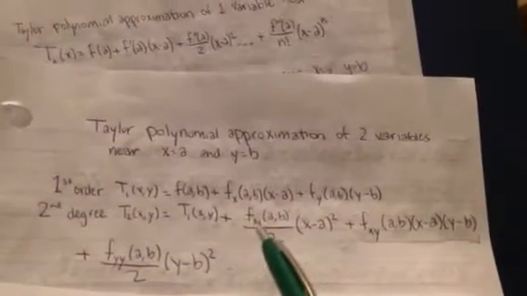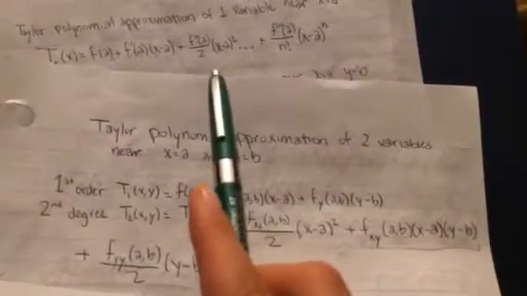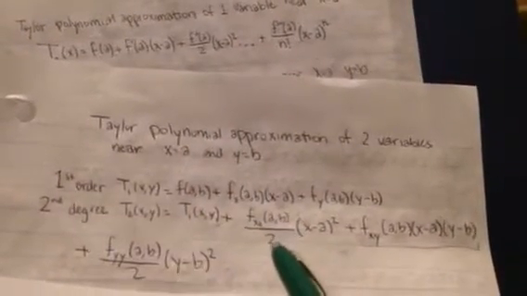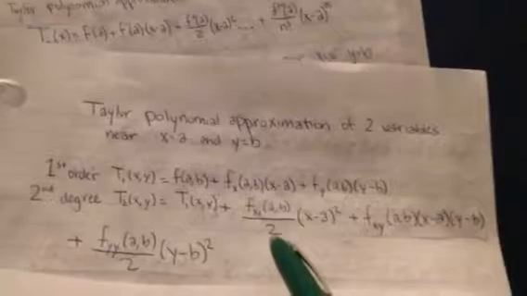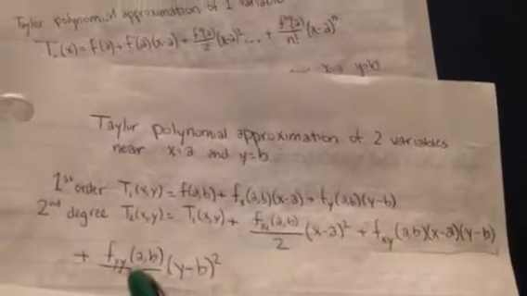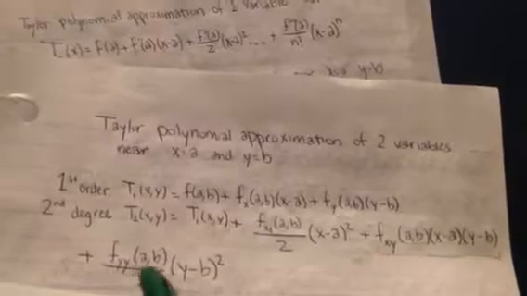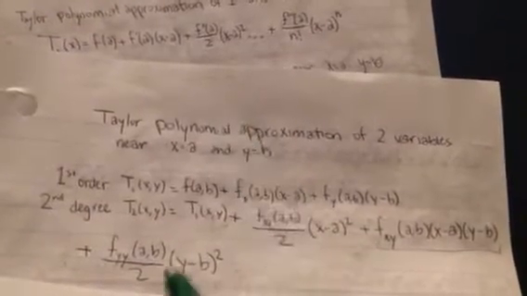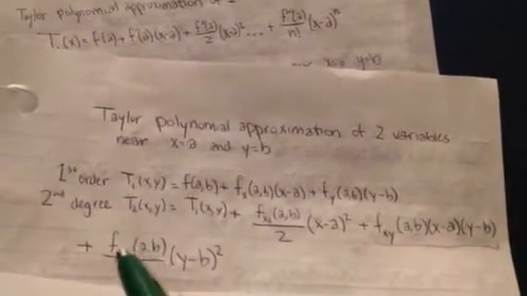So here looks pretty similar to up here. You take the second derivative and you divide it by 2, and you have the 2 in the exponent, and this part also looks pretty standard because you're taking the second derivative of